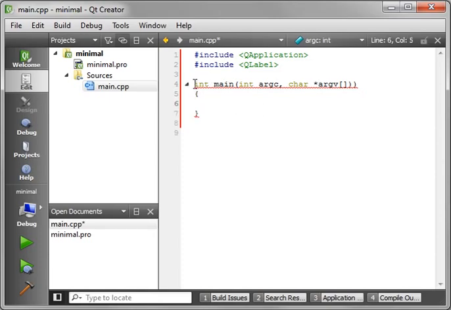This is our main function, which you should know from C++ programming. Int argc is the number of arguments, and char pointer to an array of characters. Basically, that is the individual argument pointers. And alright, let's go Q